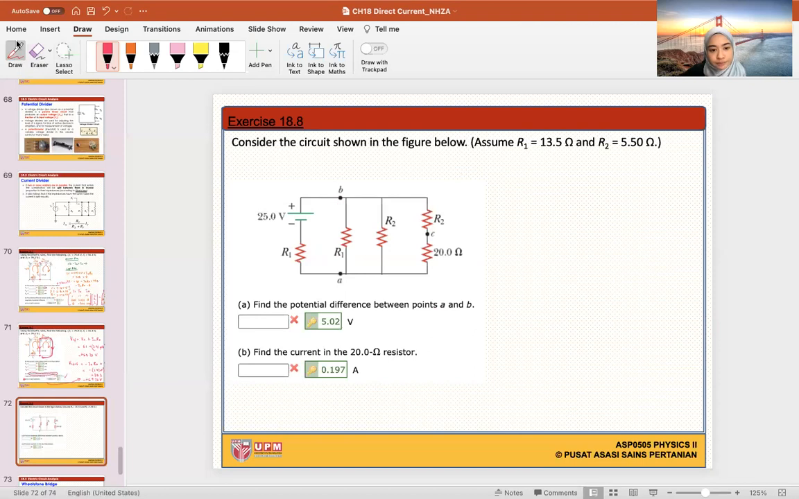Do we have to use the loop rule? I can simplify this diagram to become, I want to try this question again, I don't know. So this one is R1. And since this guy is in parallel with this guy and in parallel with these two guys, I want to simplify it. Okay, so R2 plus 20. R2 is 5.5. So this becomes 25.5